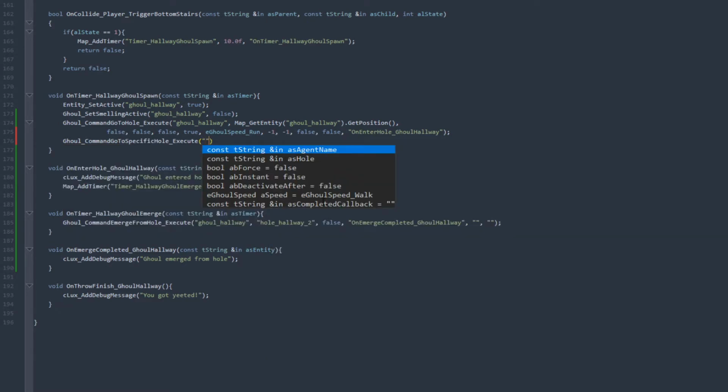But yeah, you put in, you know, here would be Ghoul hallway, the name of the Ghoul, the hole that you want them to go to. And then again, the rest, since they have these equals, they're optional commands, but these are pretty much the exact same ones we had over here. I guess we'll fill it out just for you guys to see. It will say this is hole hallway 2. So let's say that we didn't run the first one and we just want him to go to this specific hole. It'd be hole hallway 1, comma, and then whether you want to force them to do it,